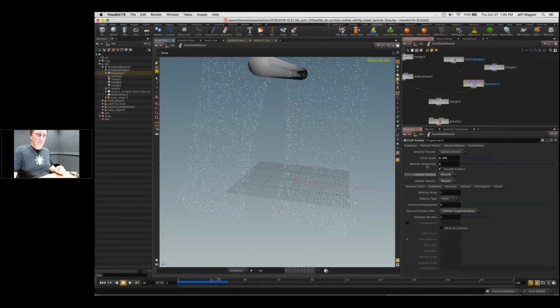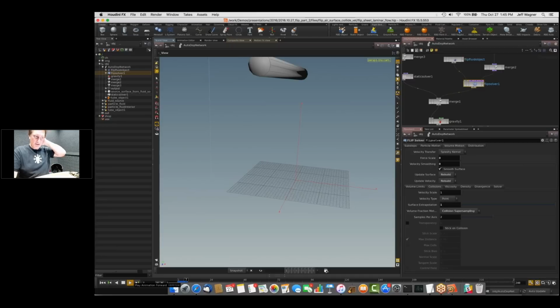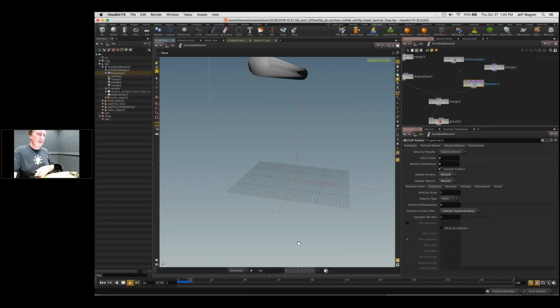So definitely, when you have some idle time, generate a simple scene like this and start playing around with force scale and velocity smoothing. Setting force scale to 0 and velocity smoothing to 0 means we're now using all the velocity as calculated directly from the projection divergence. So let me set force scale to 1 and velocity smoothing to 0. So we're taking all the velocity, and we're not taking any of the neighboring velocity, and we're basically pumping out the raw velocities outwards. So hopefully we'll get more chaotic motion